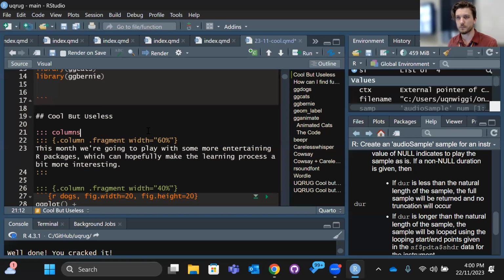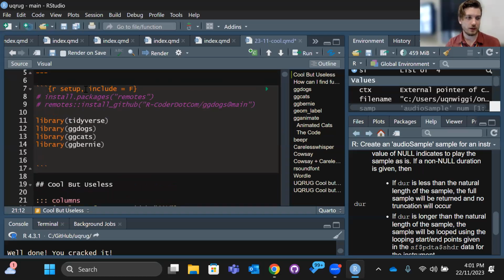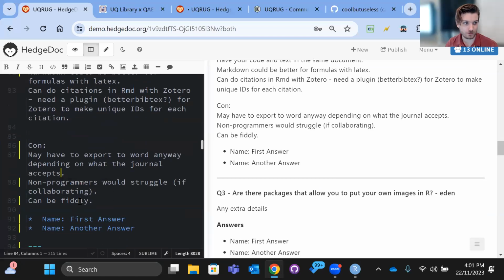Because you don't want to carry along all of your comments and stuff. Yeah, and you could probably put things in there to not include a section if it's exporting to Word and stuff like that, which is adding fiddliness to it, which is why I put fiddly as a con.